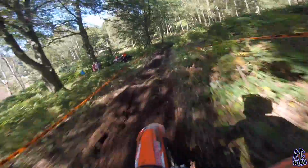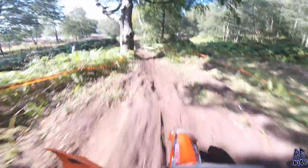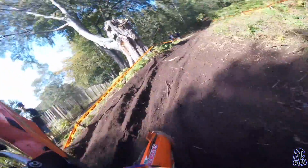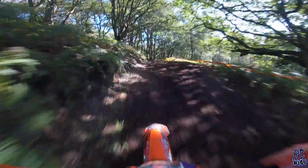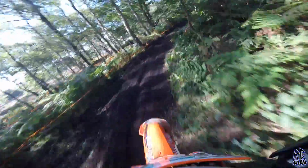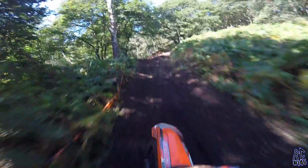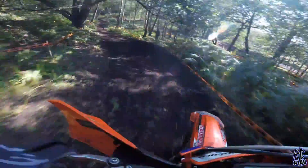We're just coming through these rough woods trying to find a smooth line. Just trying to keep on 2 wheels, not push these soft berms too hard and make a silly mistake. We have had a sighting lap of this loop, so I do kinda know the track, but it's about 4 or 5 minutes long, so it's pretty hard to remember it in one go. The lines are changing every test, there's probably 100 riders going around this before I get another go, so